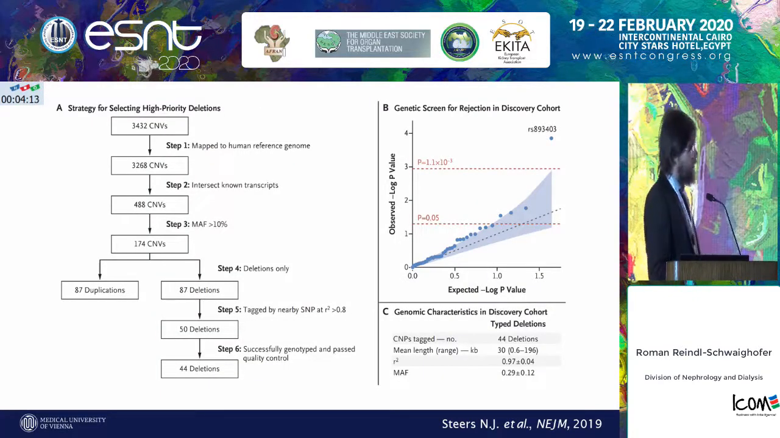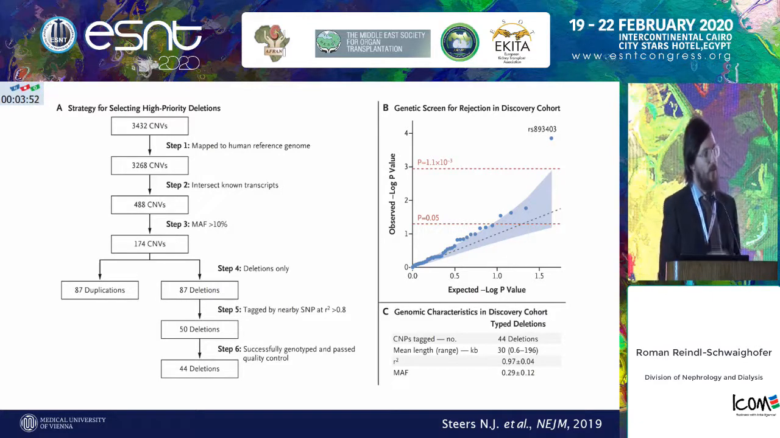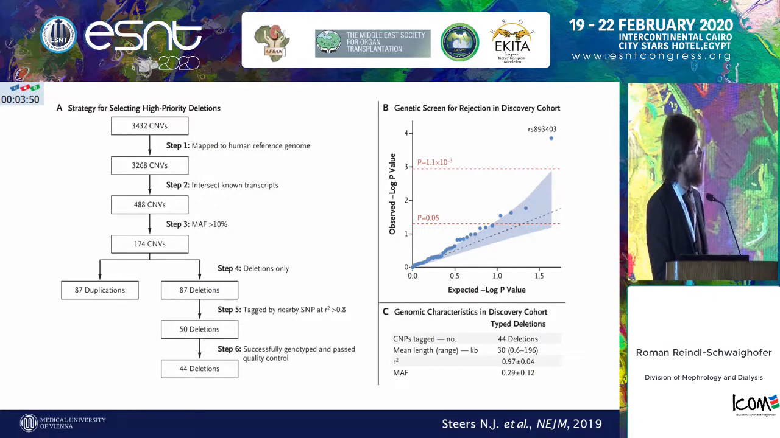And then another group from the US, from Columbia, Steers et al., used a similar approach, and they looked at copy number variants that were associated with deletions of specific genes. They started with a high number of genes, and then after quality control and low frequency filtering, they came up with a candidate list of 44 deletions, and they tested for association with acute rejection, and they could identify a single variant that tagged